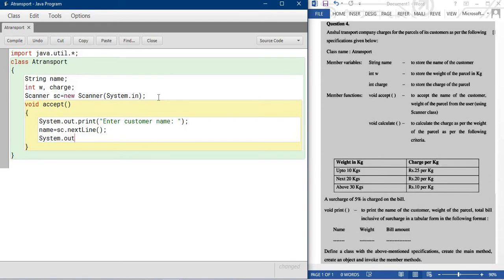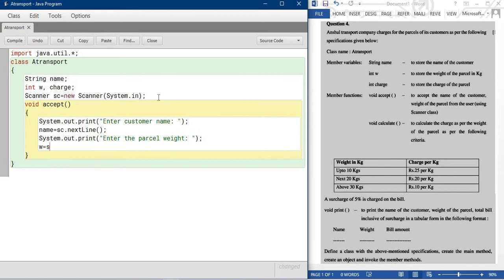System dot out dot print, enter the parcel weight. Because we are sending a parcel, I need to take the parcel weight. Now the message is given to the user. Now w is equal to sc dot nextInt.